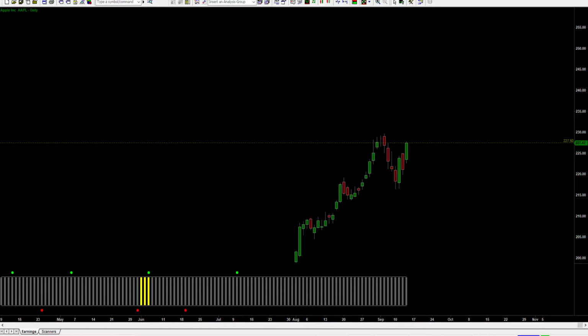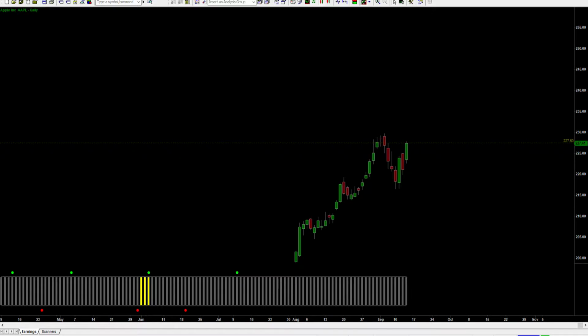Hey guys, today's Friday, September 13th, 2018. And this is Apple. This is the call spread that we entered earlier in the week with the 227.5. Price is currently sitting around 227.5. It went in the money a couple minutes ago, so we're bouncing back and forth in the money. Since we're so high up near where we shorted our call, risking going in the money and closing in the money, we're going to basically turn this into an iron condor by adding a put spread on the lower